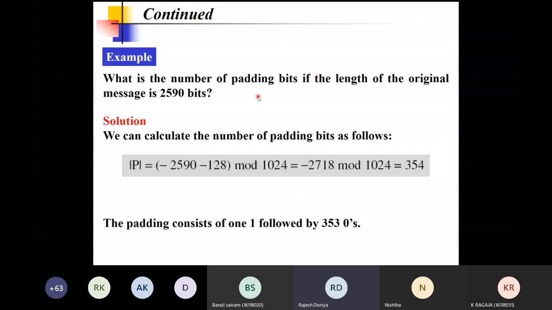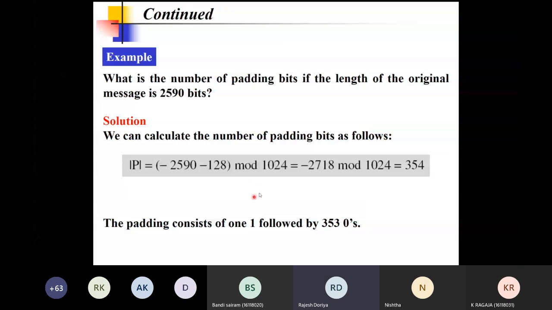And this is how the computations are being done. So this is the formula. It can be derived like, let's say we have a message M. Then we need to add some padding bits P. Then we compulsorily need to add 128 bits, right?